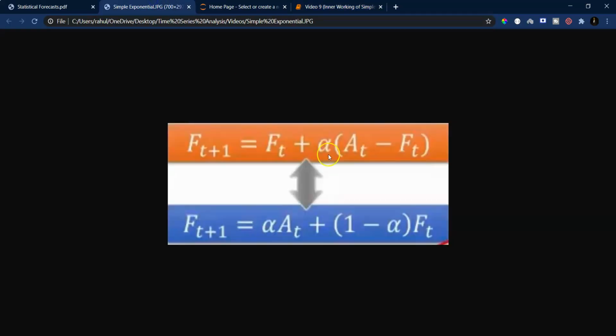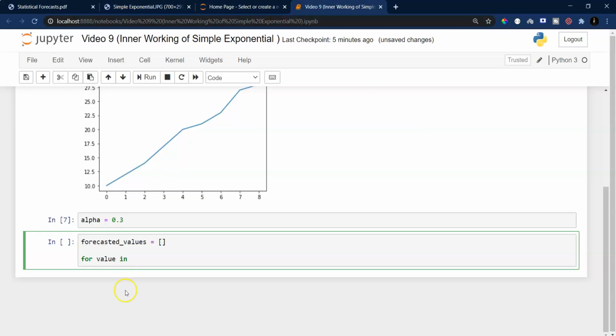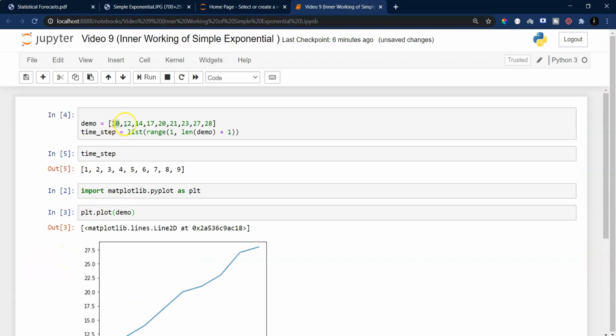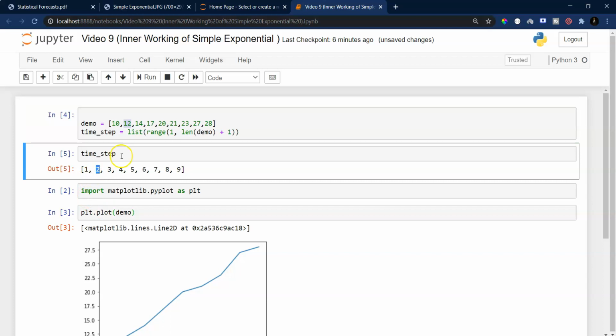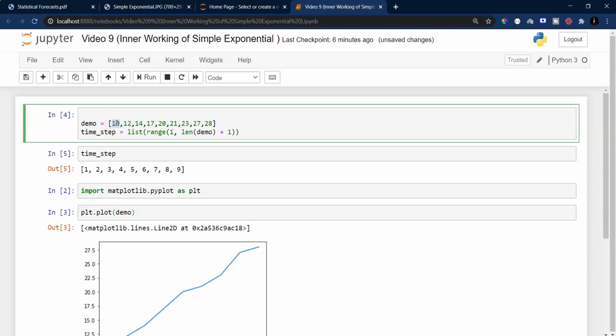I'm thinking how I should implement this particular structure. What I need to do is take the previous actual value and previous forecast. If I am trying to predict the forecast for 12, for the second timestamp, what will be the previous forecasted value? The previous forecasted value we will be taking as 10.